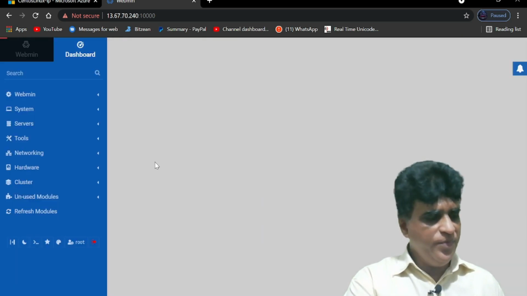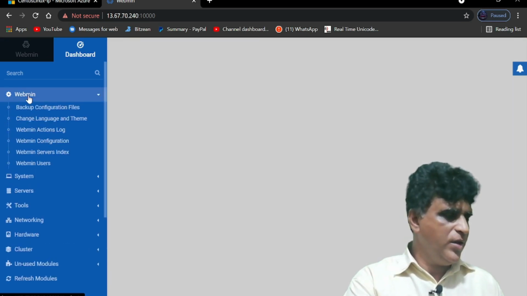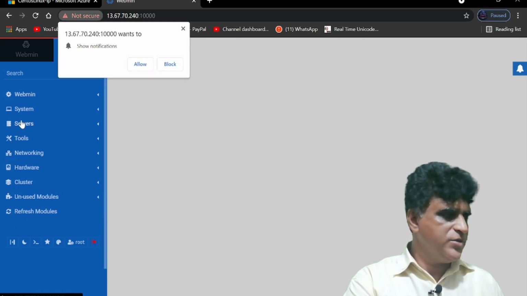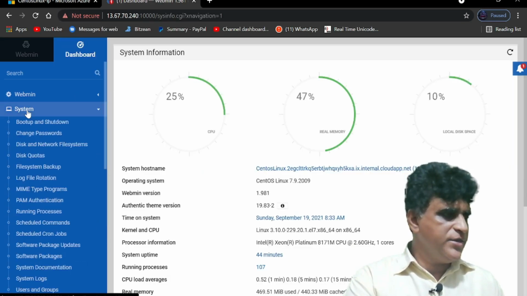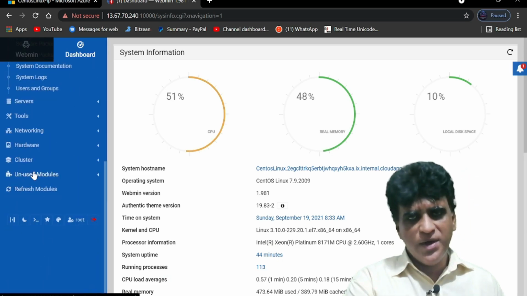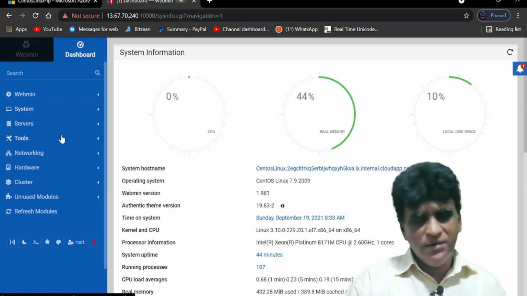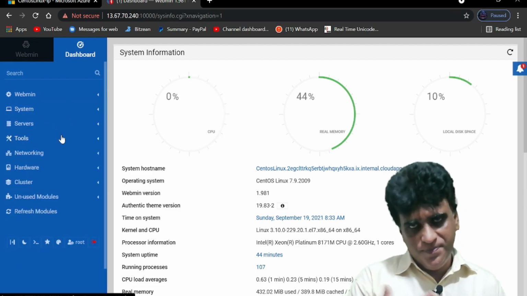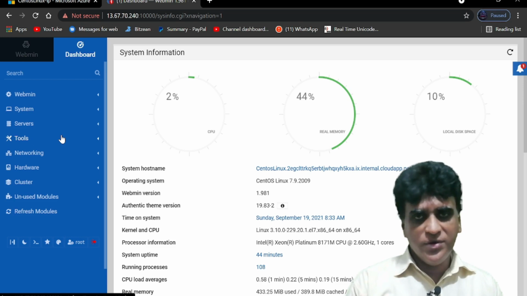Now this is the web interface of your machine. Here you have some configurations to change. You can change any configuration. Right, in systems you can create users, usernames, user groups, change passwords, everything you can do here without going to the SSH interface, without using the command prompt.